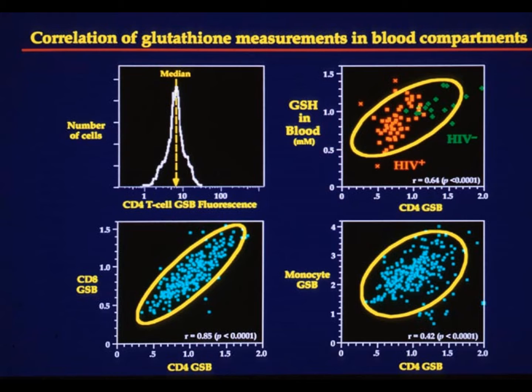And now we look in various people who are HIV negative or HIV positive. You see quite a difference in the amount of glutathione in the blood, or in T cells, a CD4 type, or in monocytes. So CD8, CD4 T cells, and monocytes all have a nice correlation for the amount of glutathione measured by this GSB assay in the